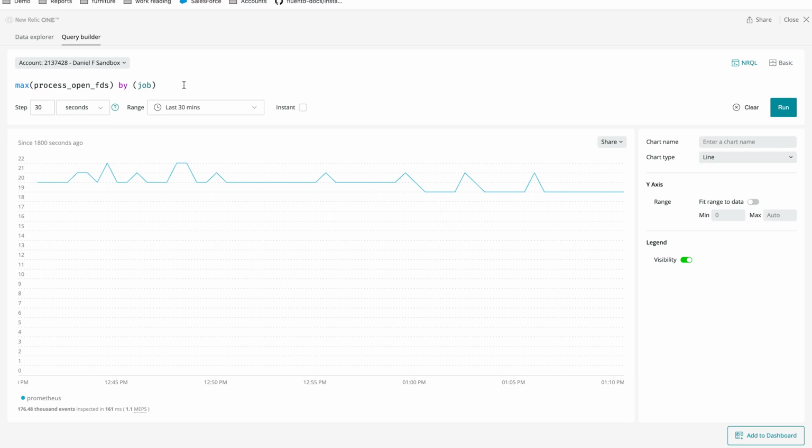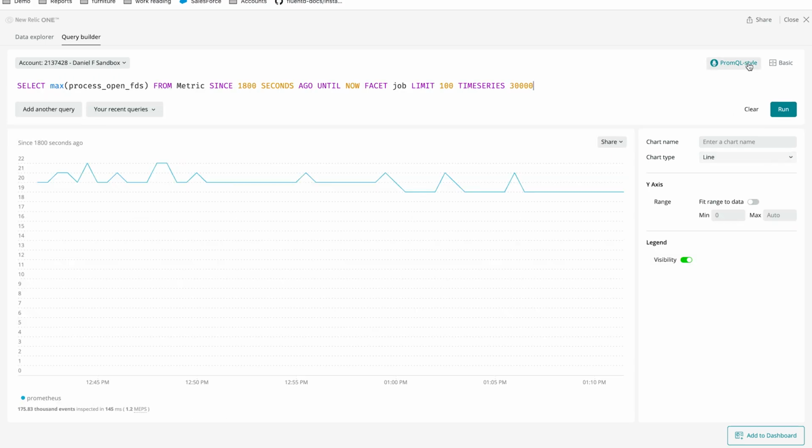But what we've got is the ability to instantly translate this PromQL query into a New Relic query. So I can literally just click here on the NRQL button, and that's going to show me the query corresponding to the PromQL query that I had. So it looks like select max process open FDS from metric and a facet job.